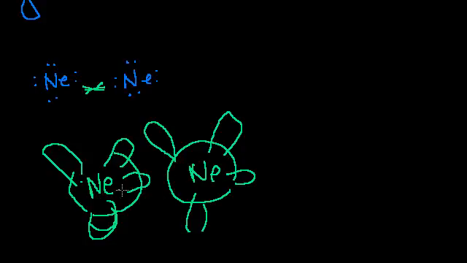But the idea behind these probability distributions is that the electrons could be anywhere. There could be a moment in time where all of the electrons are out over here. There could be a moment in time where all the electrons are over here. Same thing for this neon atom. And if you think about it, out of all of the possible configurations, let's say we have these two neon atoms, there's actually a very low likelihood that they're going to be completely evenly distributed. There's actually much likelier, there's many more scenarios where the electron distribution is a little uneven in one neon atom